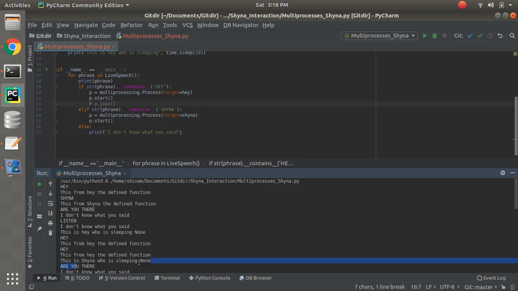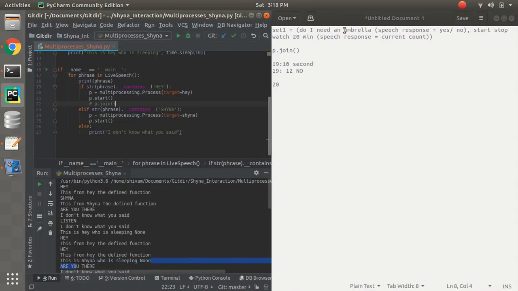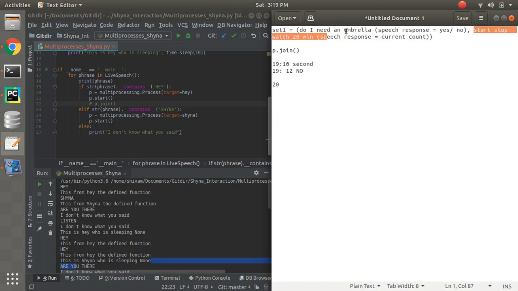The second thing that I want to tell you: pjoin, in this scenario we are not supposed to use it, but for speech responses, this is like a speech request. You're going to say something and request some functionality to be performed. But if you talk about speech responses, where the system says a response back to you, for example you ask whether you need an umbrella, and you get a response, right? It can be yes or it can be no. And meanwhile you ask it to start a stopwatch for like 20 minutes, so there is a